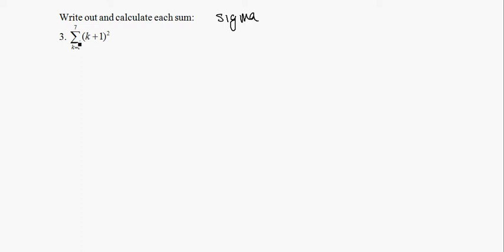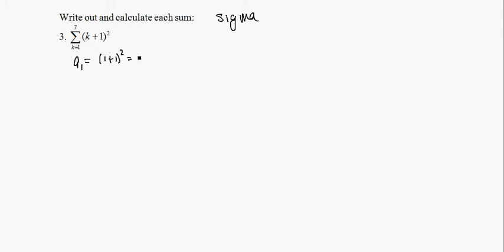We're going from k equals 1 to 7, where you increment by integers. So you're going 1, 2, 3, 4, 5, 6, and stopping at 7. So let's figure out the 7 terms, and then we'll find the sum, and then we'll look at it using the graphing calculator. So our first term is, we plug in 1 for k, so we get 1 plus